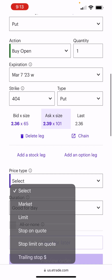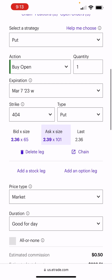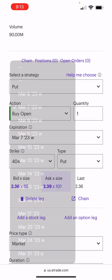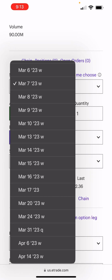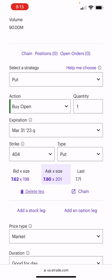So options are really tricky, but if you're on the fence like the market is on the 200-day moving average, like I've been showing you in past videos, then you want to own some options exposure as an insurance play, just in case things fall out from underneath you. So when you do an option, SPY, buy open, let's say you want to do 30 days, which is the typical time length to put on if you want good leverage to a down move, but not too much risk